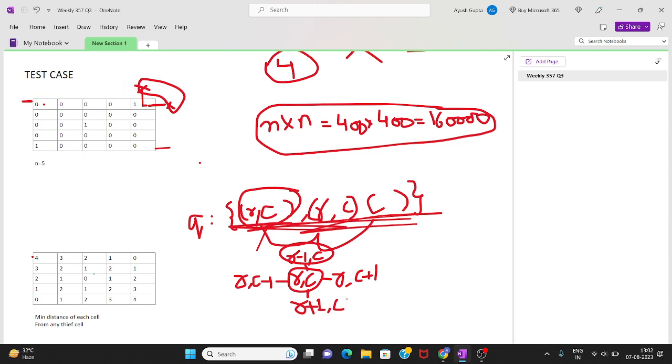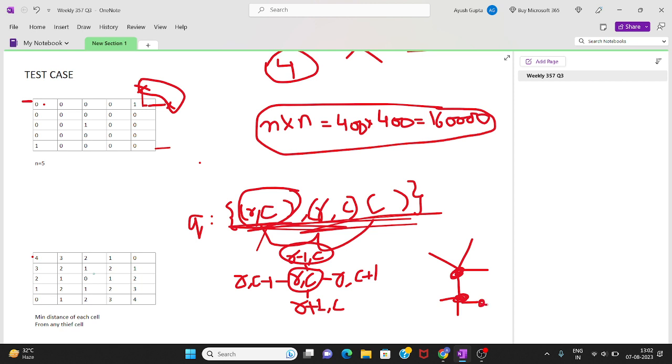Okay, similarly we check for all these positions, and then we will check if this cell has been visited already or not, because in BFS, whenever we travel, we make sure that we always travel on the shortest path. Suppose we start from here, and there are 4 cells going outwards, and then from here we can move to these cells.